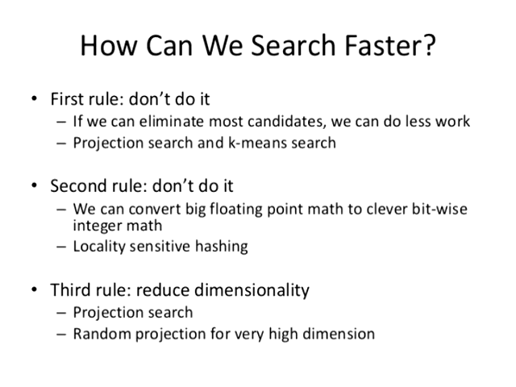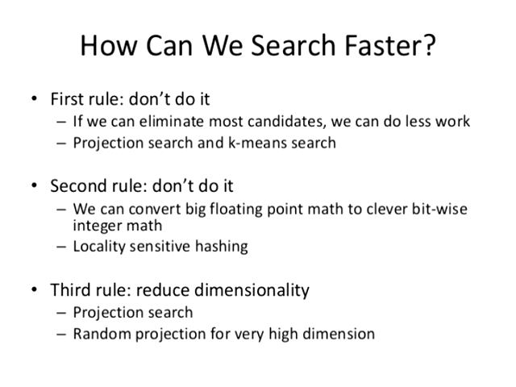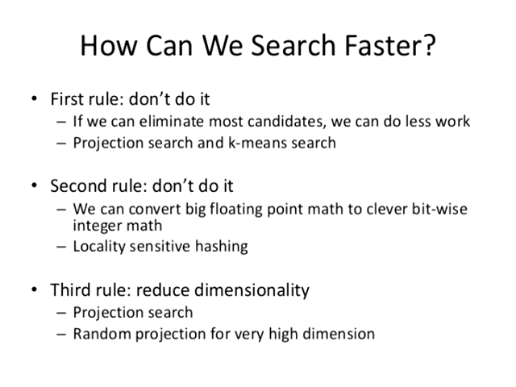So, the key step in here is how do we find the nearest centroid? How do we find it fast? And the first rule, of course, is when optimizing, don't do it. Whatever it is that's expensive, don't do it. Second rule is, of course, don't do it, as in convert the expensive operations into smaller, simpler operations. Can we convert a vector floating point multiplication and square root into a bitwise XOR of one quantity with another? And the third rule is, well, we could project to a smaller dimensional space.